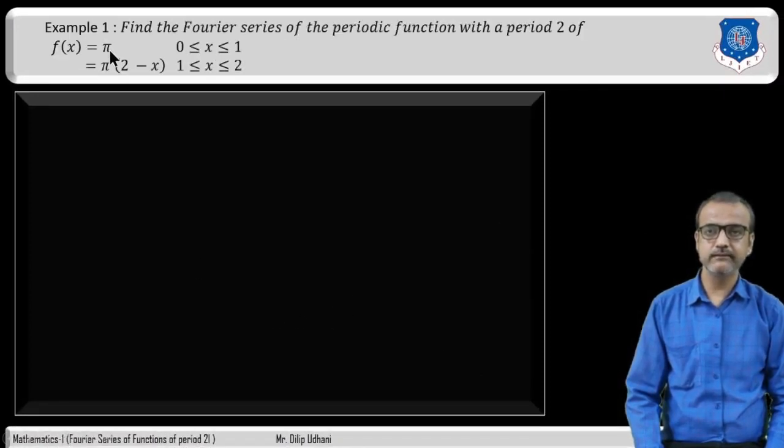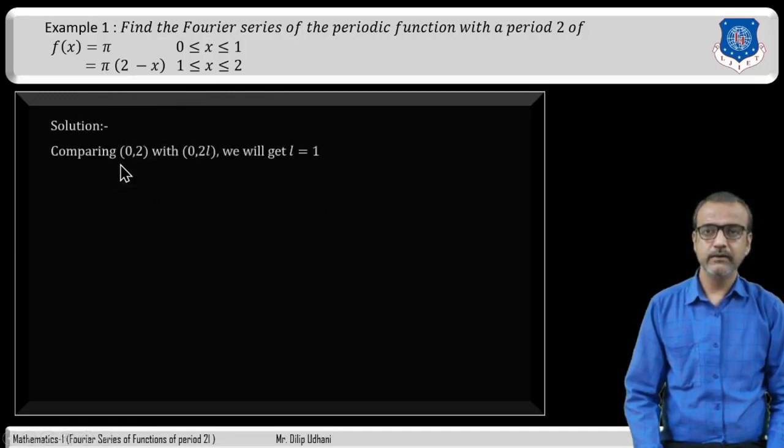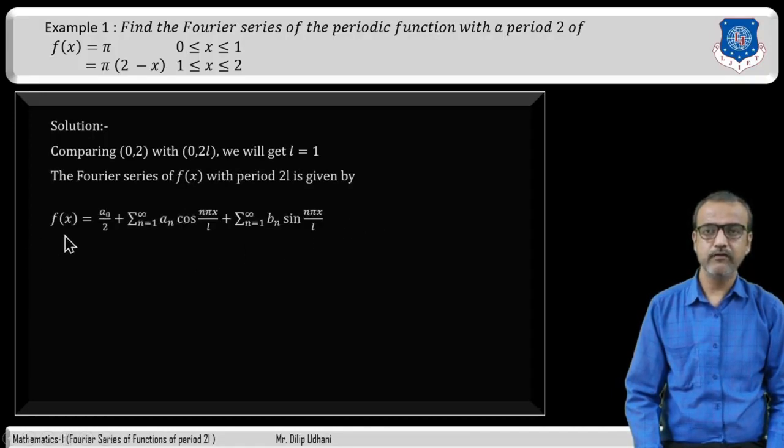Now we will see one example related to this topic. Example number 1. The Fourier series of the periodic function with period 2 of f of x equals pi when x is between 0 to 1, and pi into bracket 2 minus x when x is between 1 to 2. Comparing 0 to 2 with 0 to 2l, we get 2l equals 2, so we have l equals 1. The Fourier series of f of x with period 2l is given by f of x equals